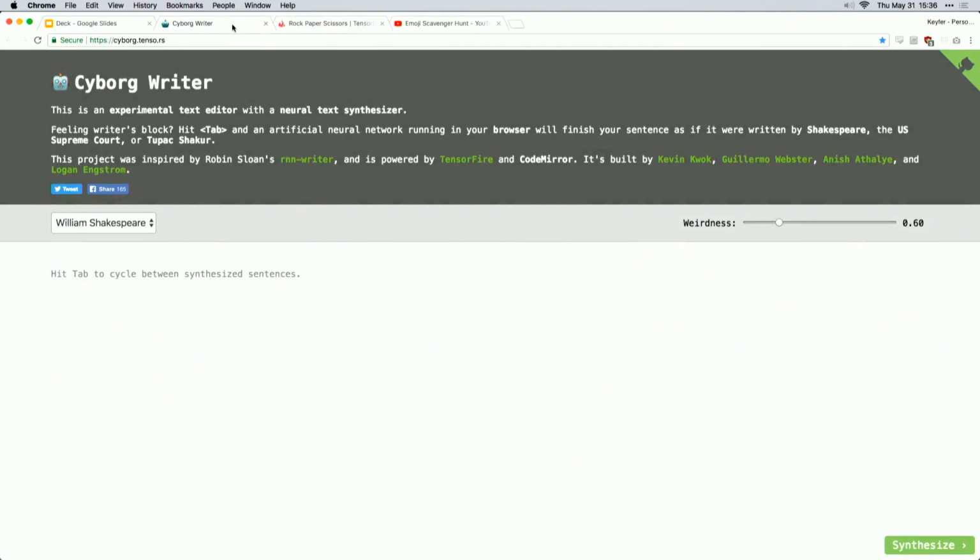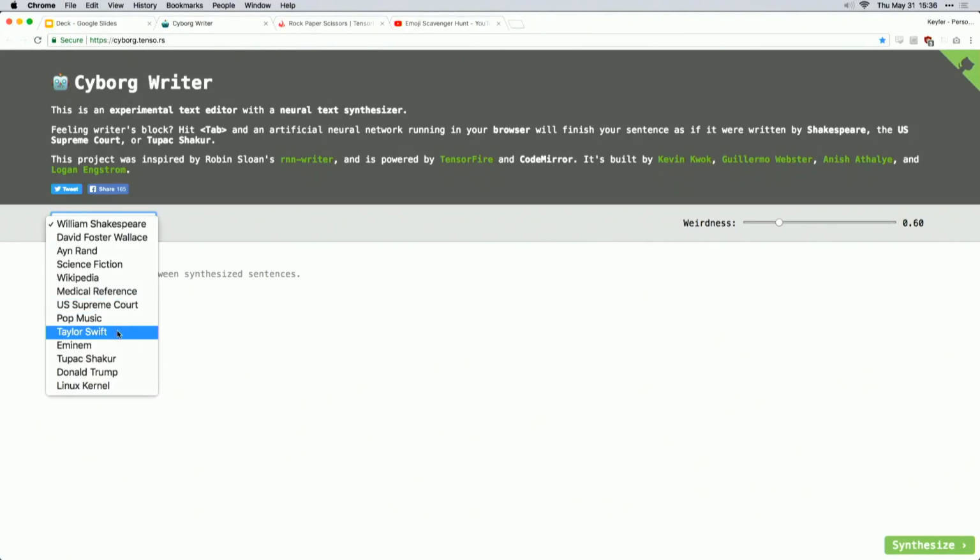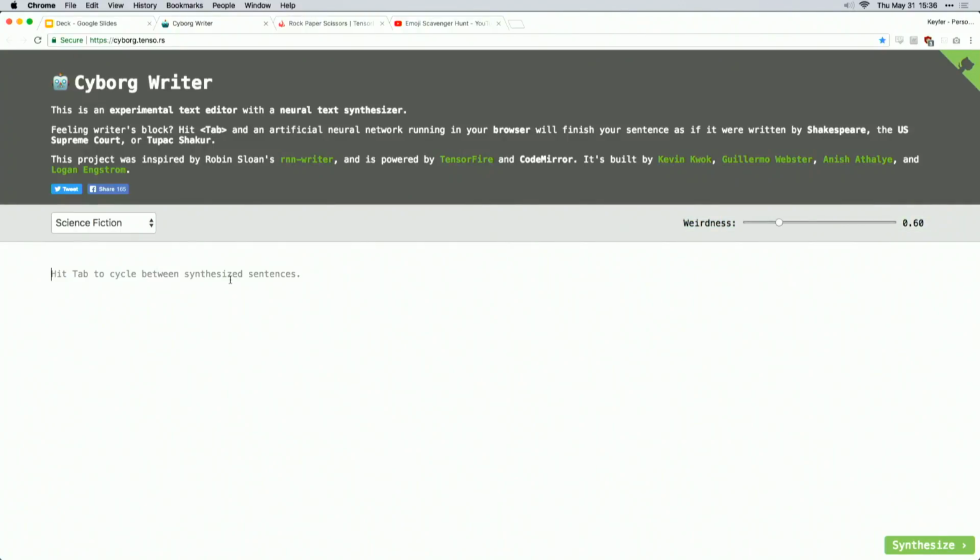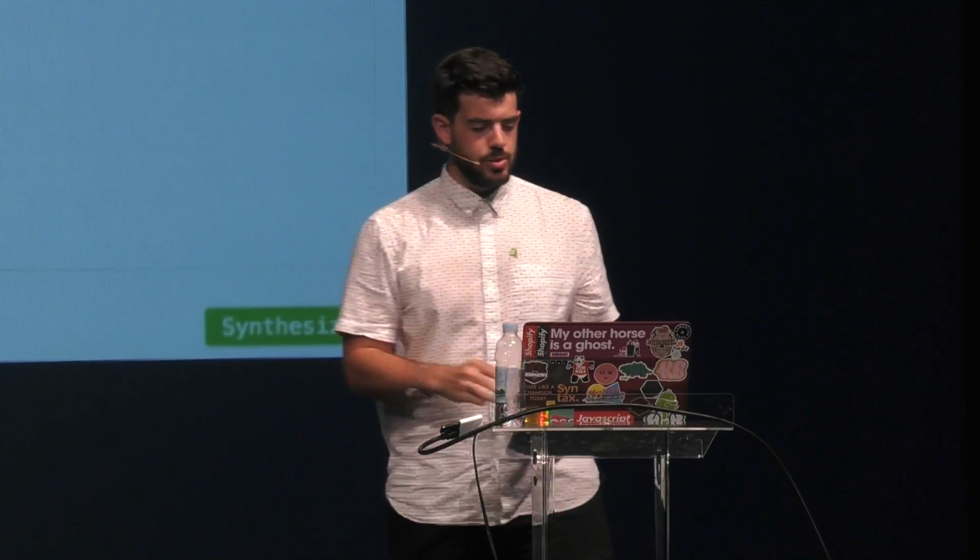This is another fun, pretty interactive one, called Cyborg Writer, where this team has trained models based off of the works of a number of different sources, such as Shakespeare, Ayn Rand, science fiction, Wikipedia, US Supreme Court, Taylor Swift. I'm not going to use the ones that might get me into trouble, but let's use science fiction. With the models that we've trained in the browser based off of thousands and thousands of words, we can get our model to predict